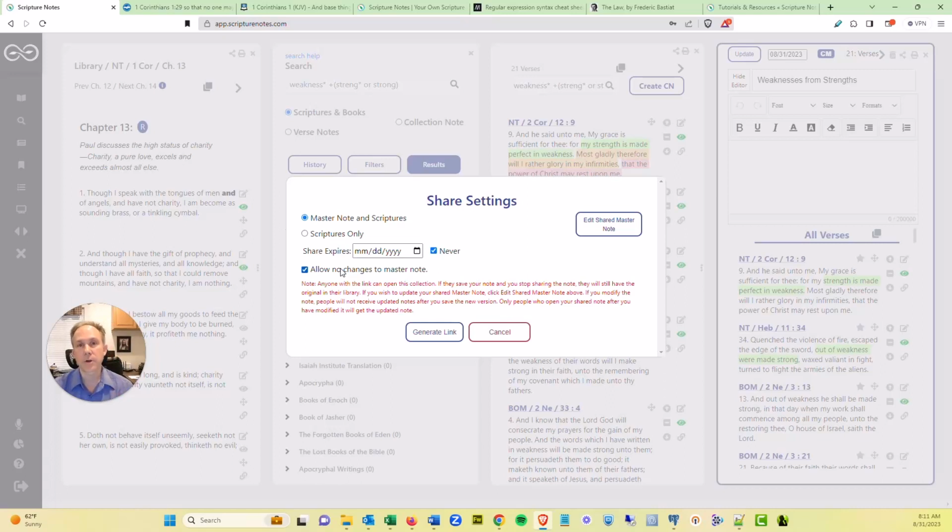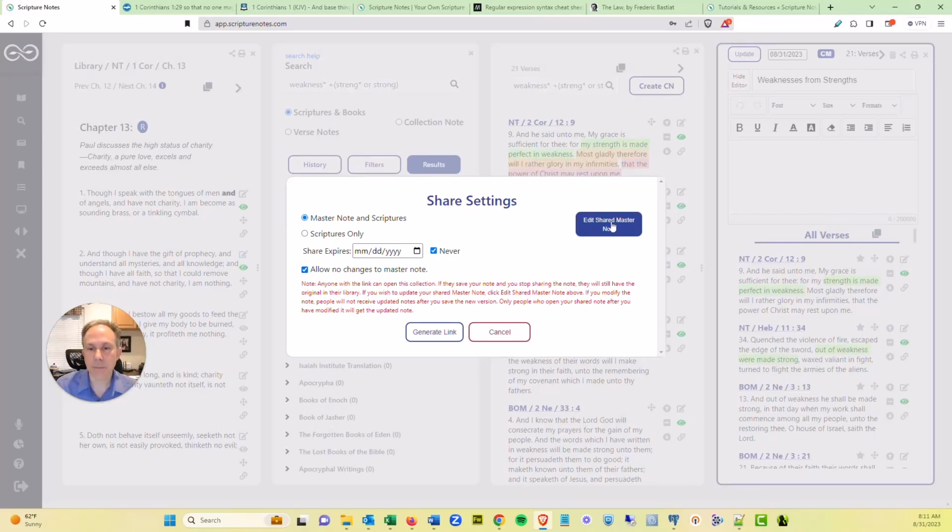So maybe you want to share a note with a group of people, but you don't want somebody to change what you have typed. You want it to be read only for them because you're sharing maybe from your organization and you're like, this is our content. We don't want somebody to tweak it, save it, and then believe that they have different content from us than we actually sent out. So that's a read-only mode.